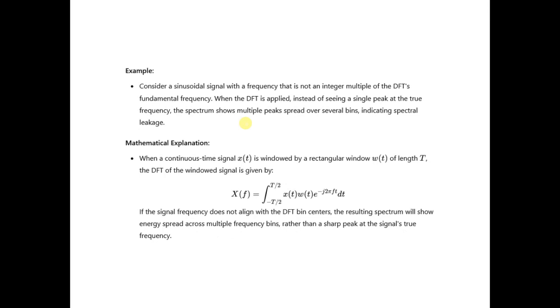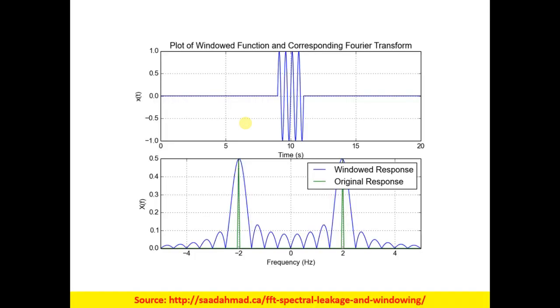So what I want to say is that suppose you are having a sinusoidal signal, then you are time limiting it. If you go for the normal, original response, at a particular frequency you will be getting the signal. Okay. However, when you are applying some window for truncating the signal,